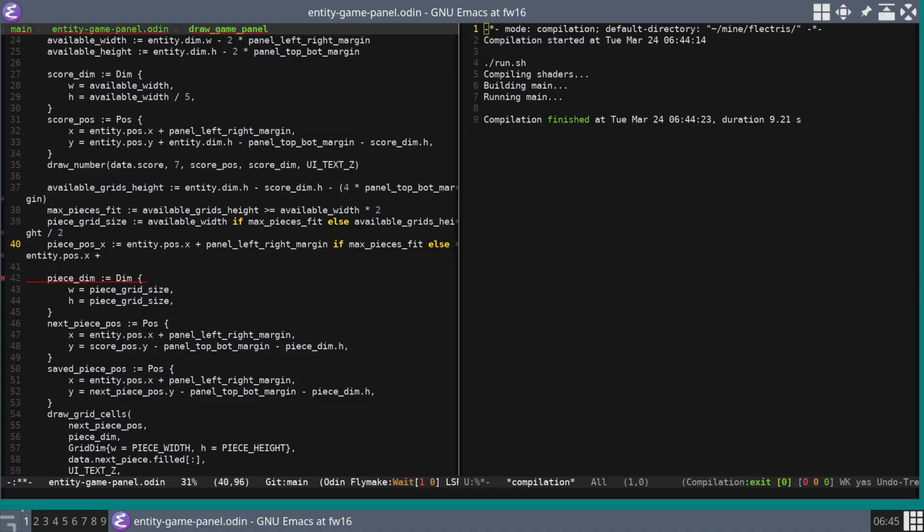Plus... what? Piece pos x, entity pos dot x plus the panel left right margin if the max piece is fit. Else it is that x plus the entity width